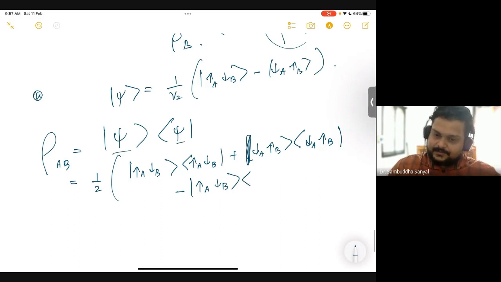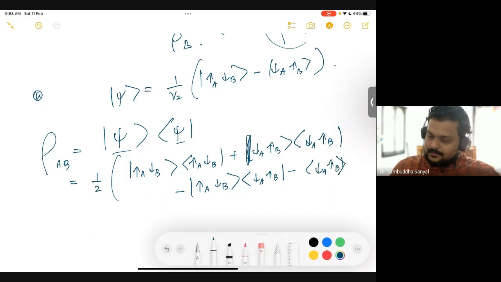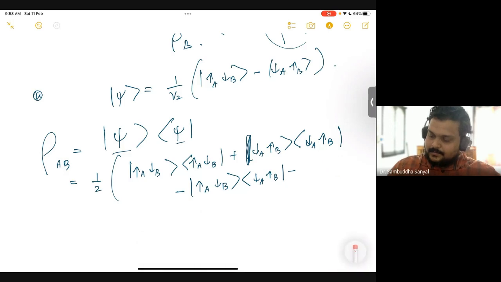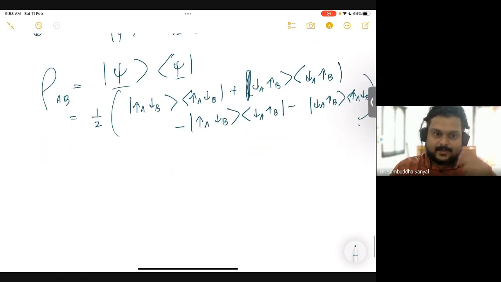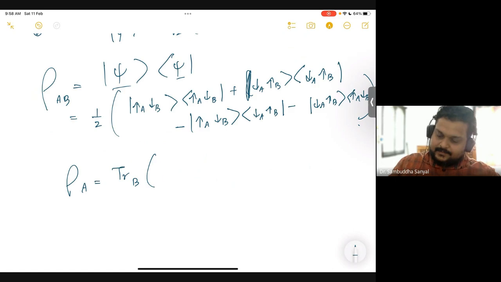Just expand these two. Okay. Now I want to know what is the density matrix for Alice's state. We know Alice's state is a single superposition. So the density matrix will be